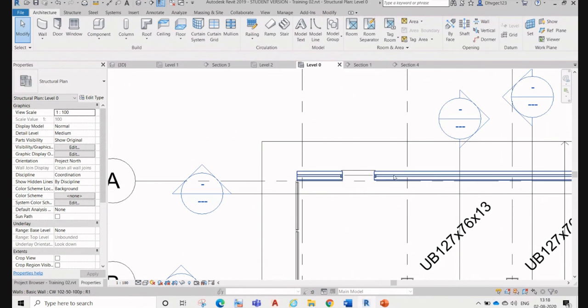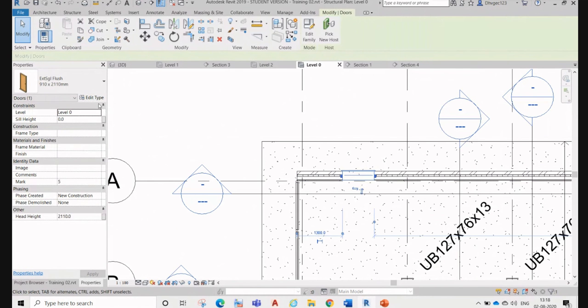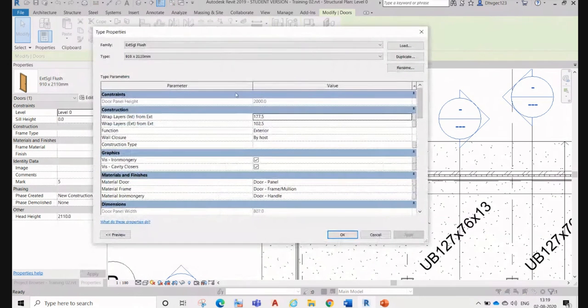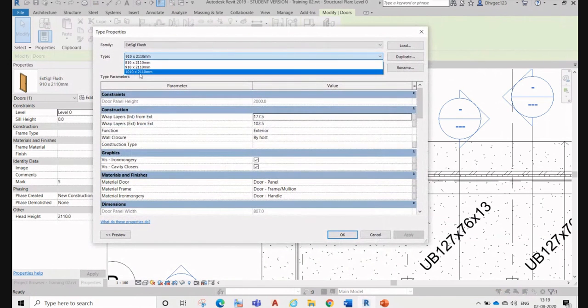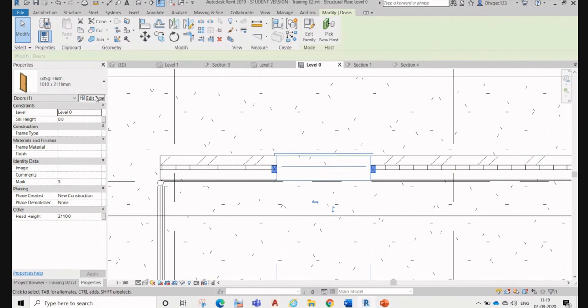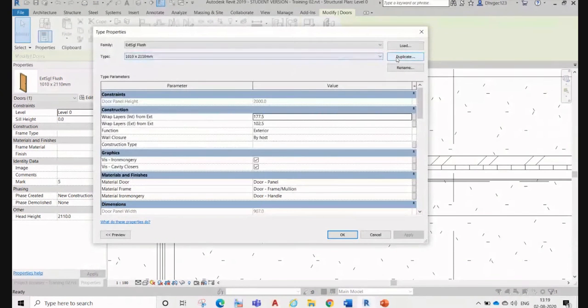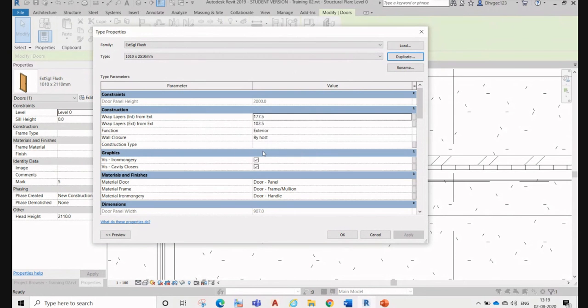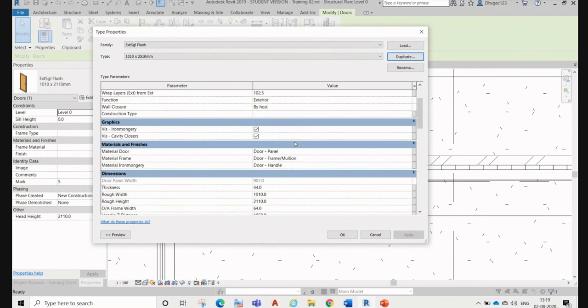Doors, I think you can place as many doors as you want. If you want another opening size for a specific door, just go here, you can see the other opening size. Okay, apply. So now it is a wider one, and if you want to change something for a specific one, just make a duplicate. Suppose I'm a very tall person, more than 6 feet, so I want a high opening.